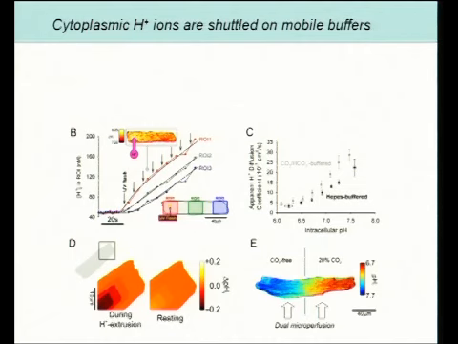Under a variety of circumstances, it's frequently been assumed that the pH is uniformly 7.2. Well, that's true at rest, but if you stimulate acid extrusion, for example, on sodium-hydrogen exchange,